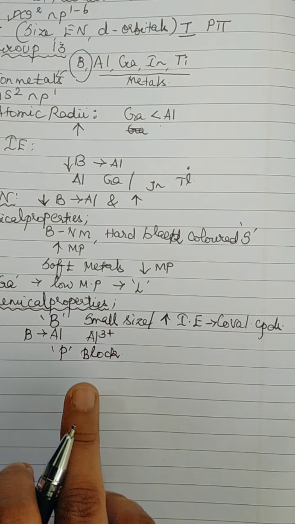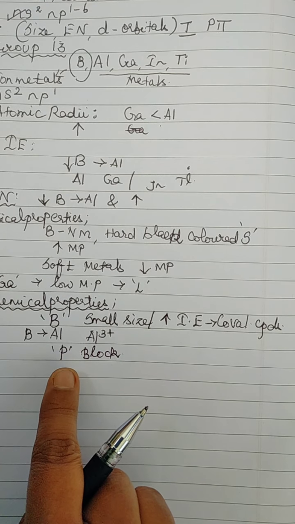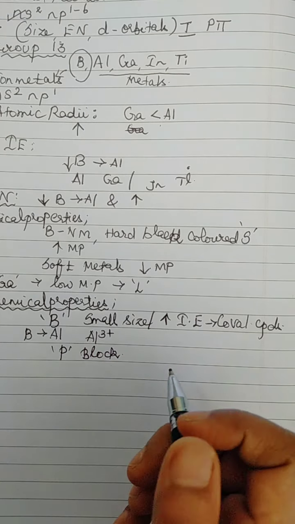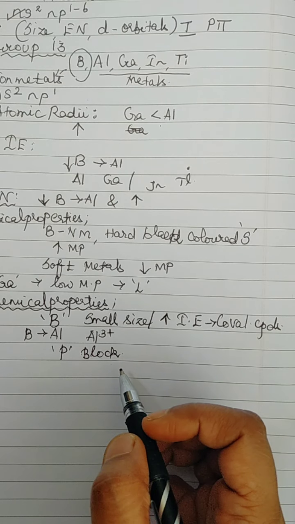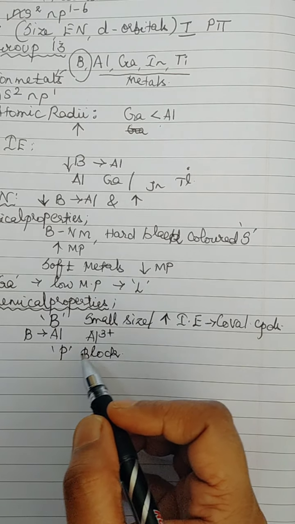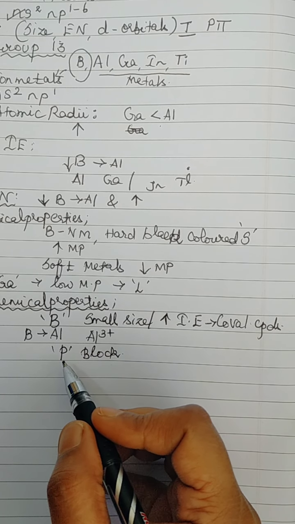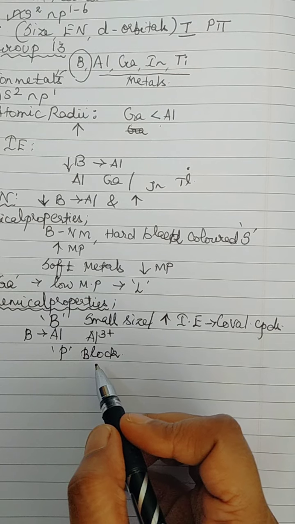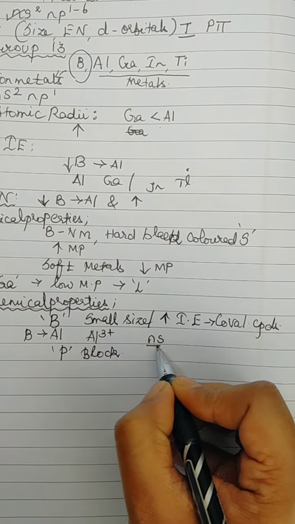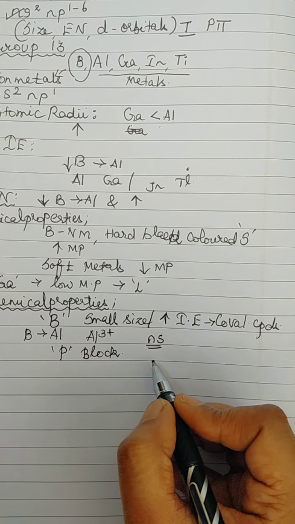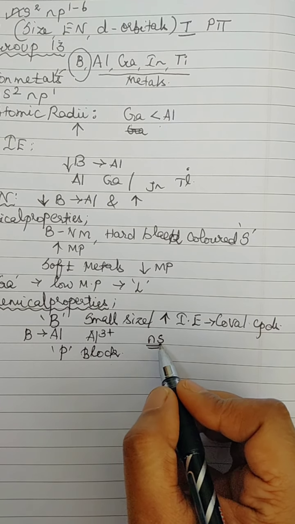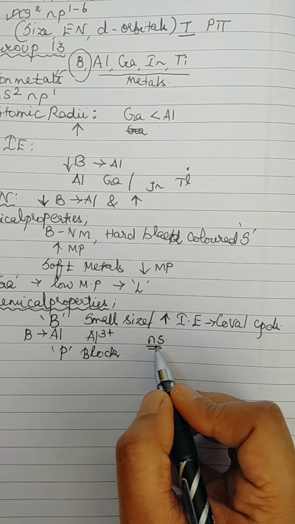So I am repeating the statement. When I move down the group from boron to aluminium, the sum of ionization enthalpy is not that much more. As a result, aluminium can form Al3+ ions. Now I am moving down the group: because of poor shielding effect, the effective nuclear charge is holding the n s orbital electrons tightly, which are responsible for the inert pair effect, and thereby they restrict these two electrons from participating in bonding.